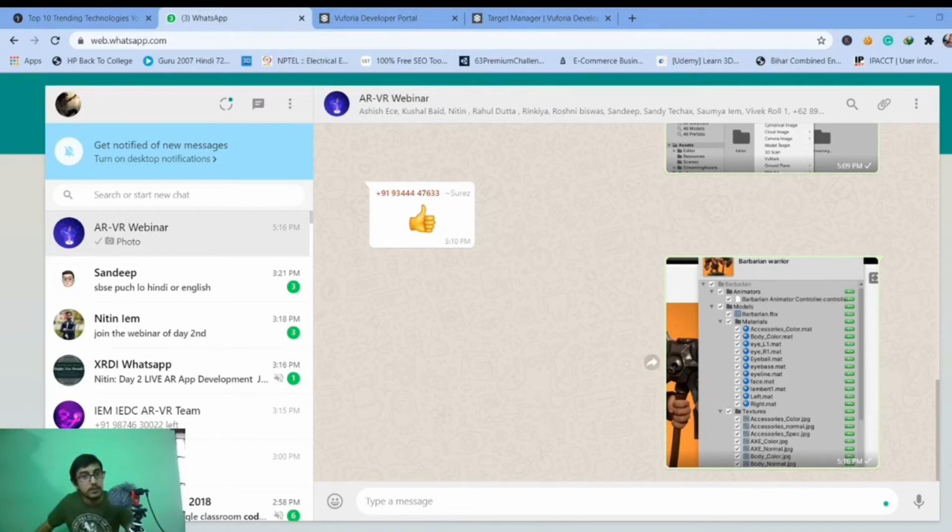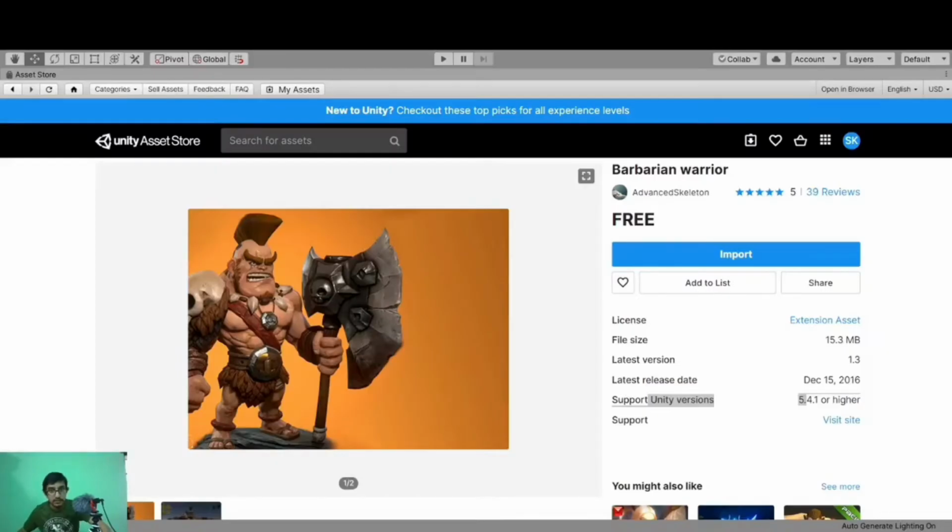From here I want to import everything that is present inside that package. So I will hit the import button and it will take some time, as I told earlier. So it's being imported. Let's see.